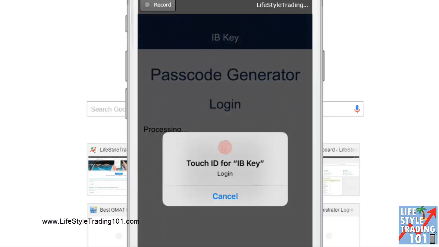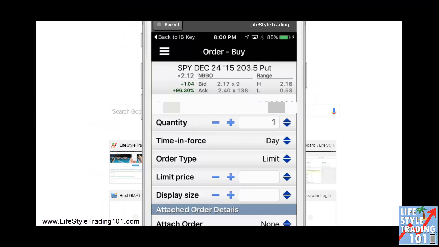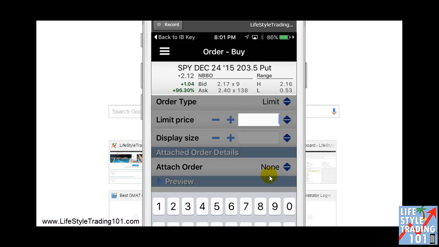Alright, so it asks me for my finger ID. This is all mobile. And so here we have it. What you would do is, right now the market's closed, so the bid-ask spread is pretty wide. But let's say it were like 2.17 times 2.20. Then what you would do here is you would type in